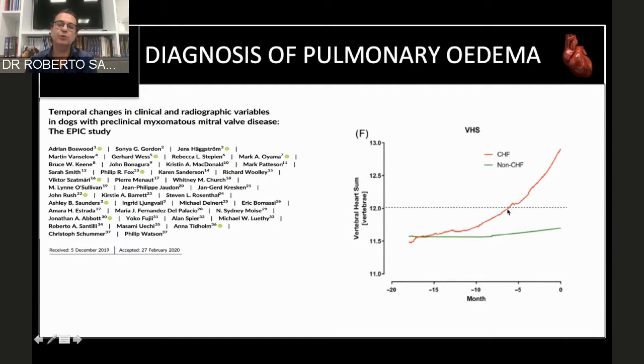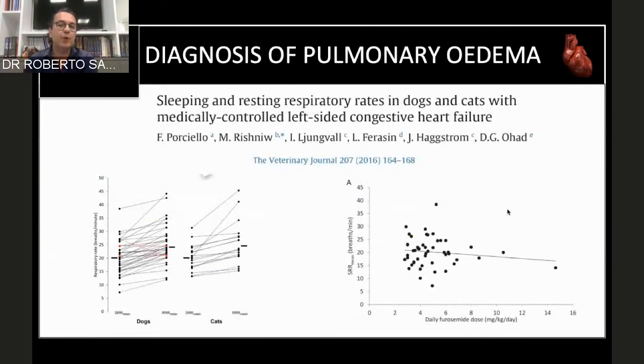So we are now using this type of criteria when we do rechecks in cases with mitral valve disease, because we can now at least try to understand when the edema will occur according to the vertebral heart score result. There is another way to try to understand if edema is coming, so if it's forming,